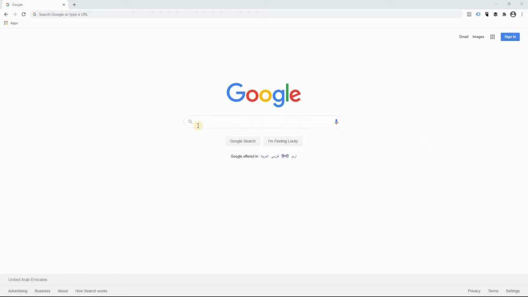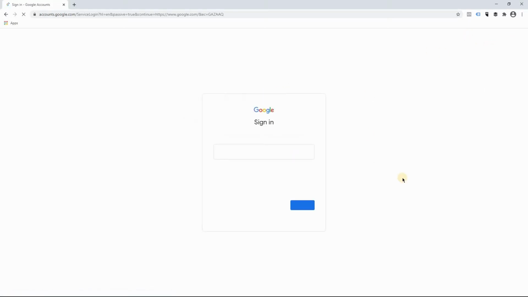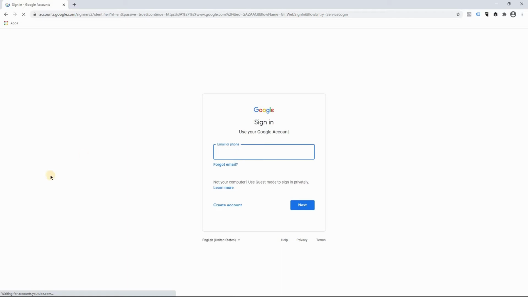Okay, let's come to google.com. Here you can see at the top right there is a sign in button. Let's click on this sign in button. Then we're gonna move to another page where you can create a new Gmail ID for your first Google Ads